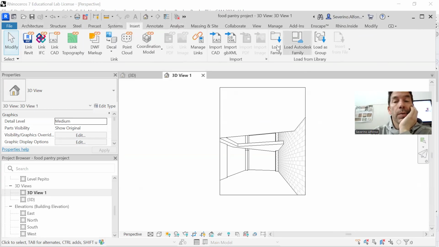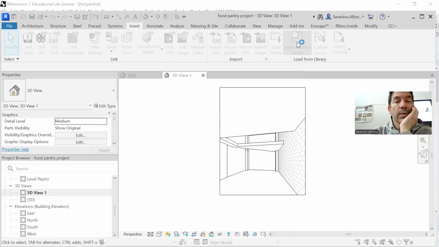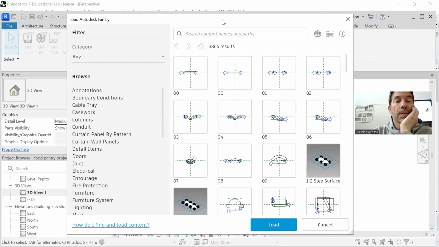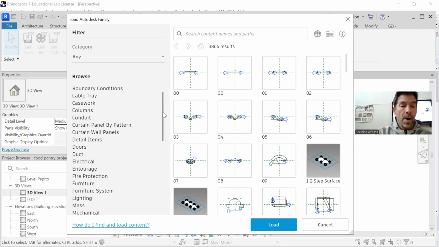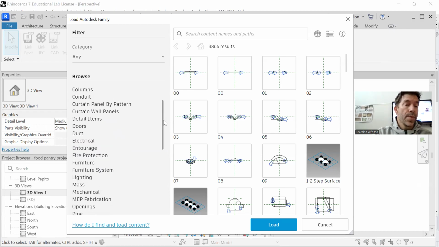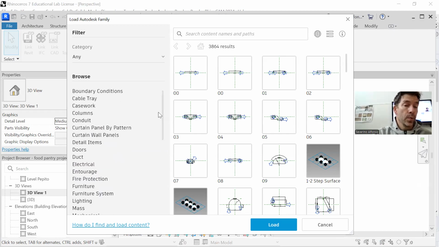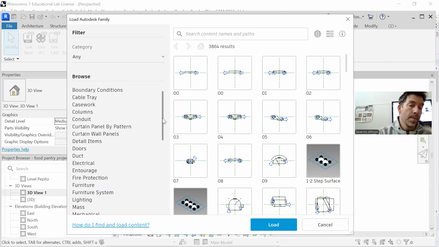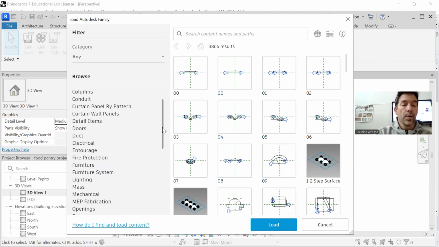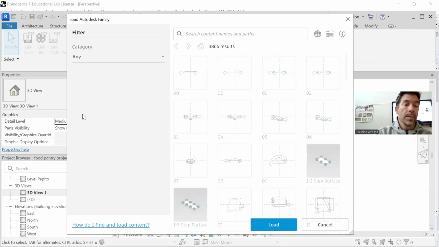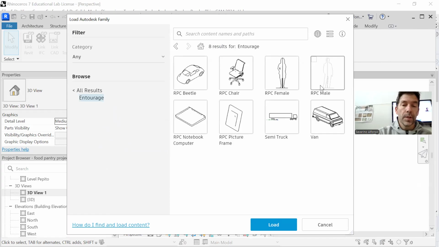Under insert, one of the newest things is that you can load Autodesk family items. I don't know if you've talked about this, but there's a bunch of families that are standard to Revit, and you can now find them on the web. Before it was a folder, it was a nightmare. You can just search for things that Revit has for you to use, three-dimensional or two-dimensional. For example, columns, furniture, lighting fixtures, entourage, which would be like the people. If you click here and say load,